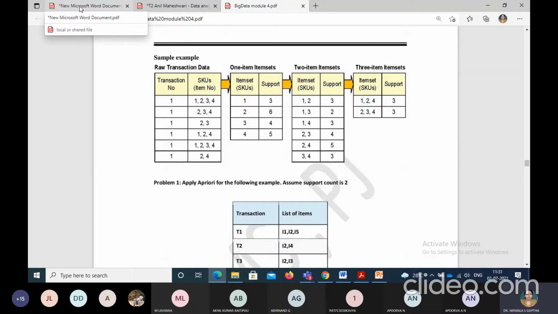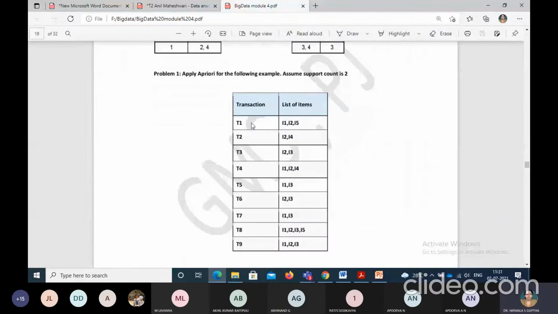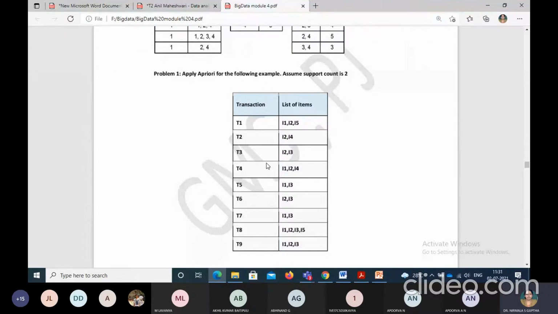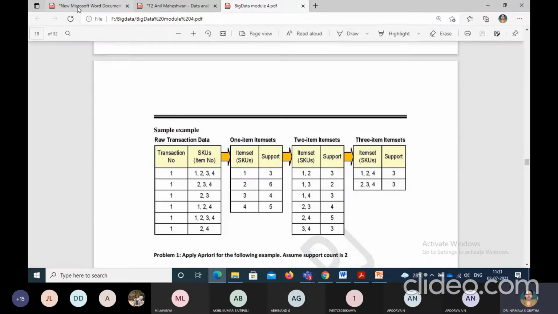So we start with a low level of item sets to be considered, that is 1 item set, 2 item set, 3 item set. Then apply the Apriori algorithm and try to find the support count also. This is a simple thing which we can do quickly, and I'm going to give this problem to you in the assignment. So apply the Apriori algorithm and find what association rules you can form. Initially your support count will be given. Based upon the support count and the confidence only, we are going to solve it. So let us take this problem.